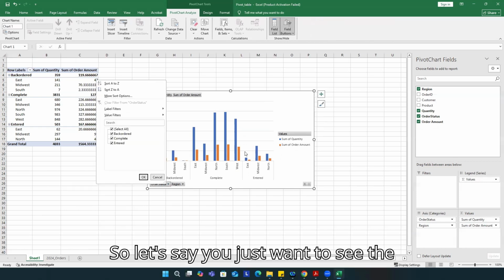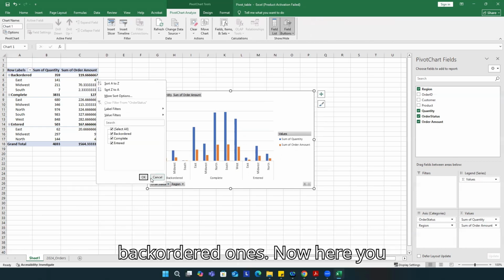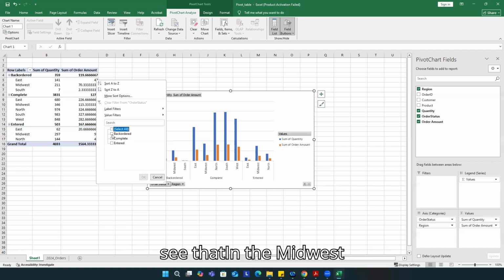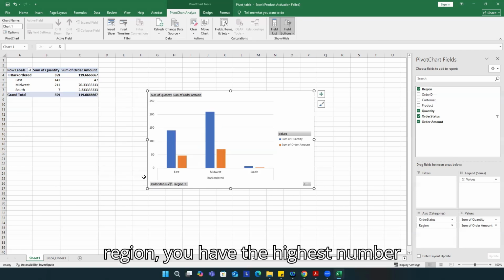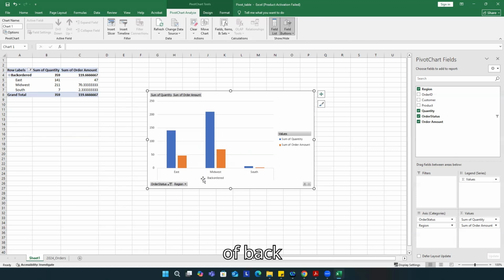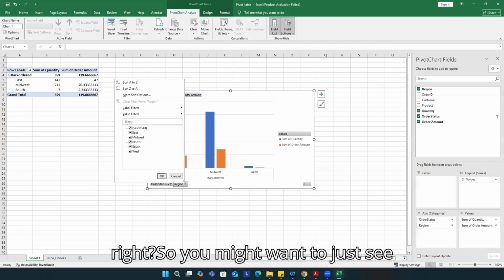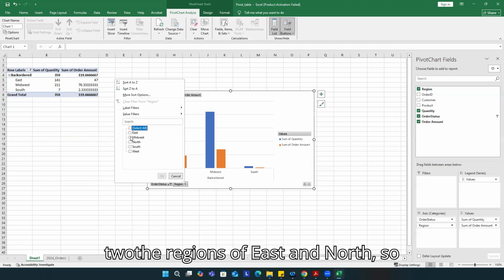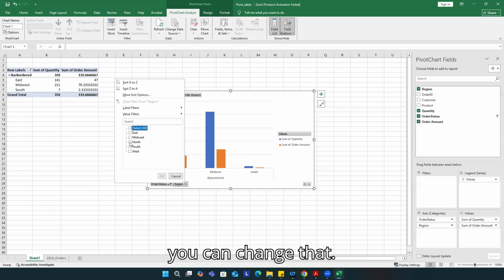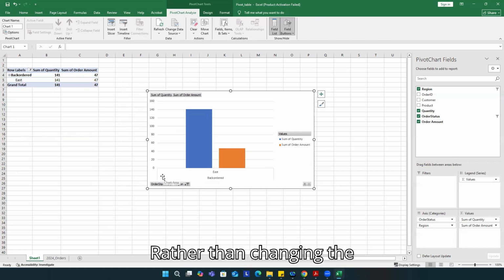So let's say you just want to see the back-ordered ones. Now here you see that in the Midwest region, you have the highest number of back orders. Or you can also filter the regions, right? So you might want to just see two regions of East and North, so you can change that. Rather than changing the